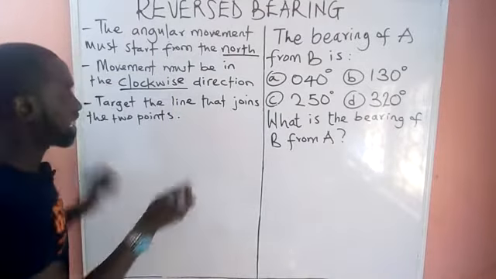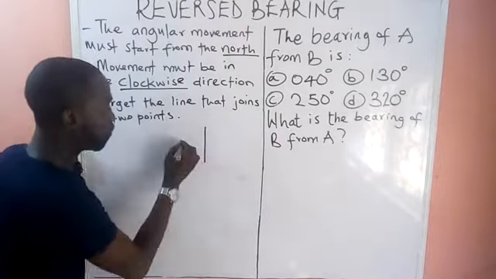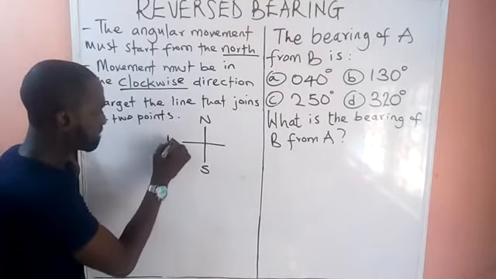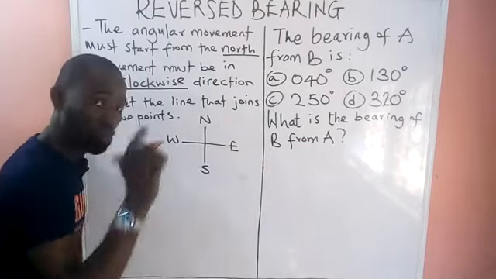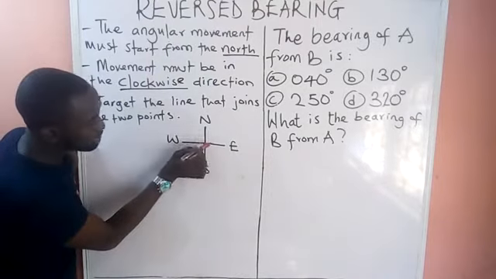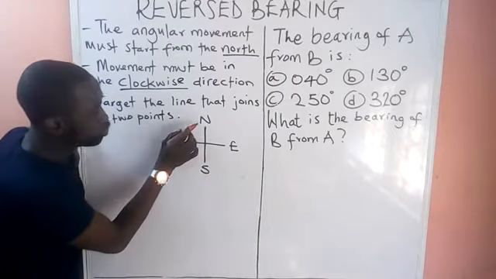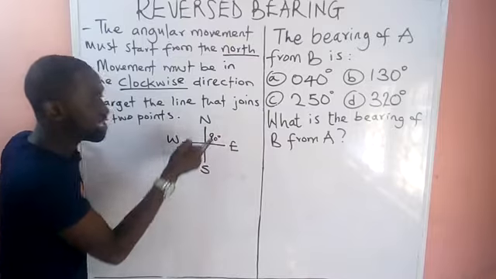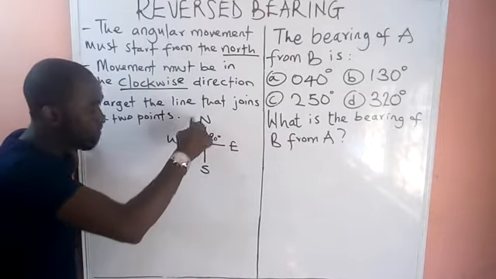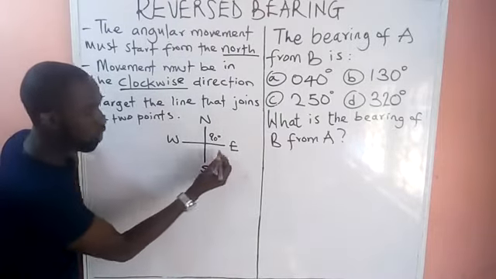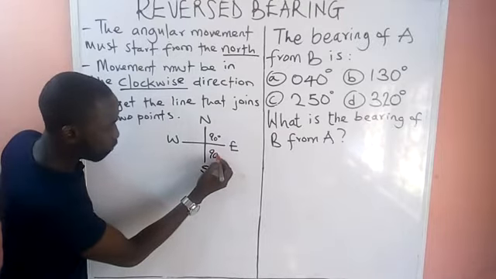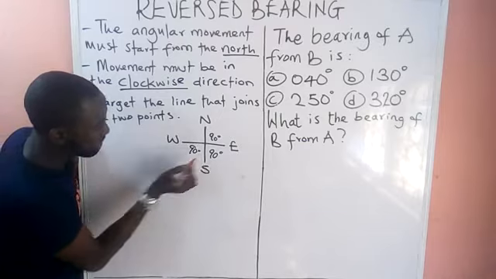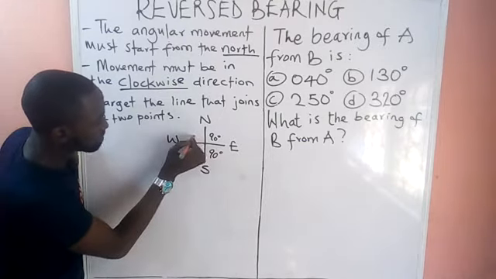Look at the first one. And we know that under reverse bearing, we have these 4 points. We have our north, our south, our west, and our east. Take note of this. From here to here is 90, meaning the angle between north and east is 90. So I have 90 degrees here, which is the first quadrant. Are you with me? I'm moving clockwise. This will be the second quadrant. So from south to east, I can have 90 degrees here. From south to west, I can have 90 degrees here. Then from north to west, I can have 90 degrees. Are you with me?